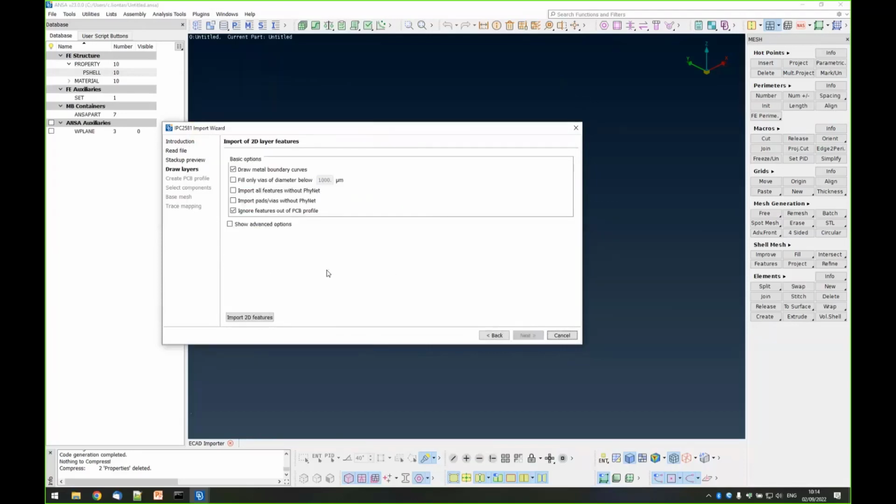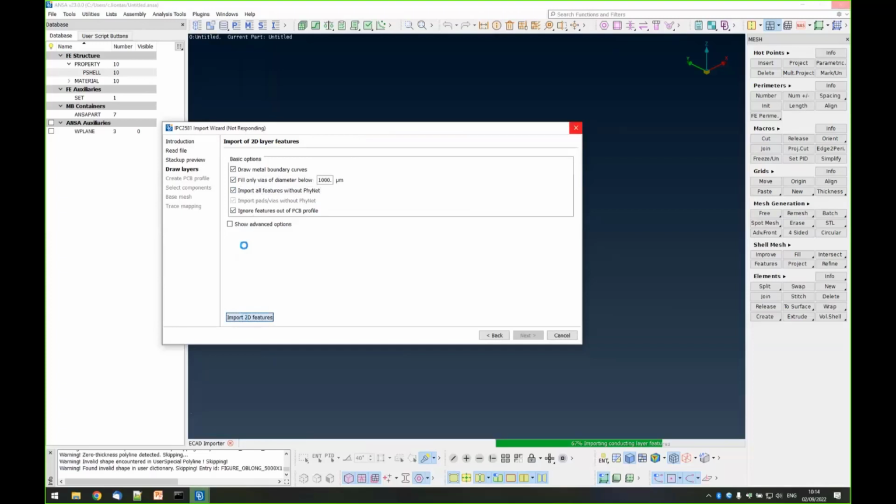So here we have some different options than before. First of all, let me run it so that it runs in the background. So we don't have to set the resolution here because the resolution of the mesh is going to be set later, but we have an option to draw the boundary curves or not. The boundary curves are not an essential element of the model.